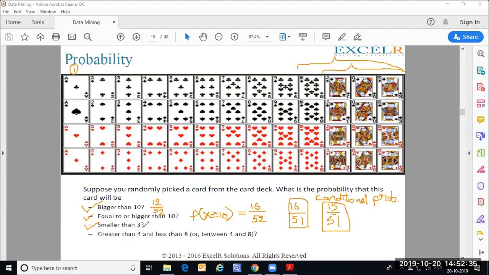Everybody? We cannot afford to go wrong in these basics. If you don't understand, please let me know. I'm happy to repeat again. Okay. Now, what is the probability that a card being picked